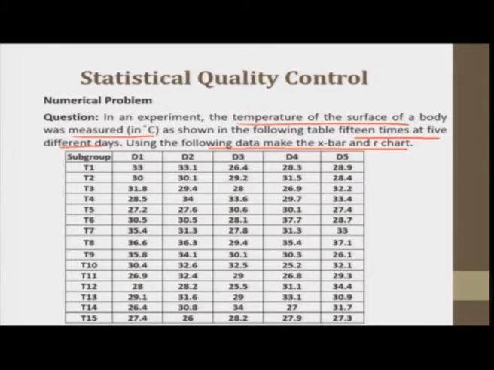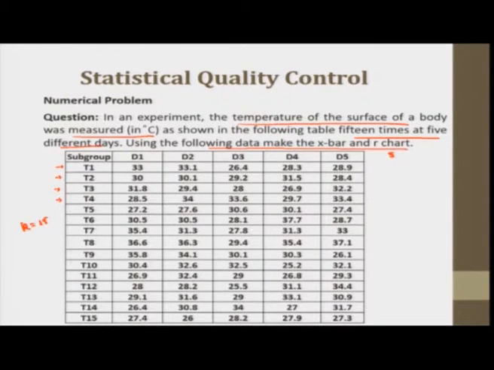So, this is a control chart for variables that we will construct here, and this is taken 15 times, that is, our K is equal to 15, and on 5 different days, 5 different data are taken, so the sample size is 5. Okay.